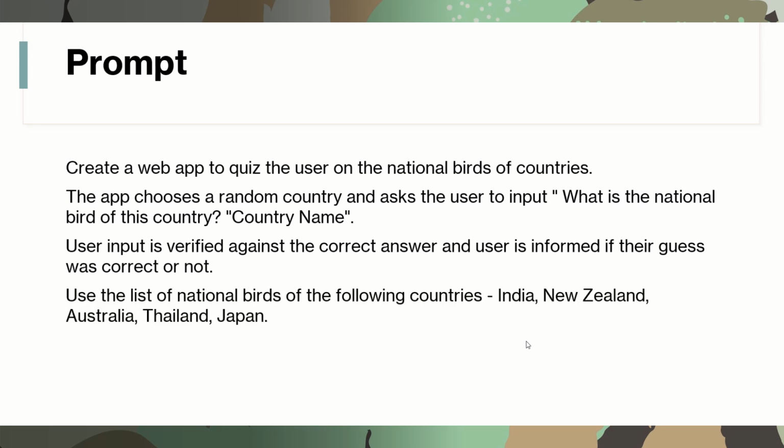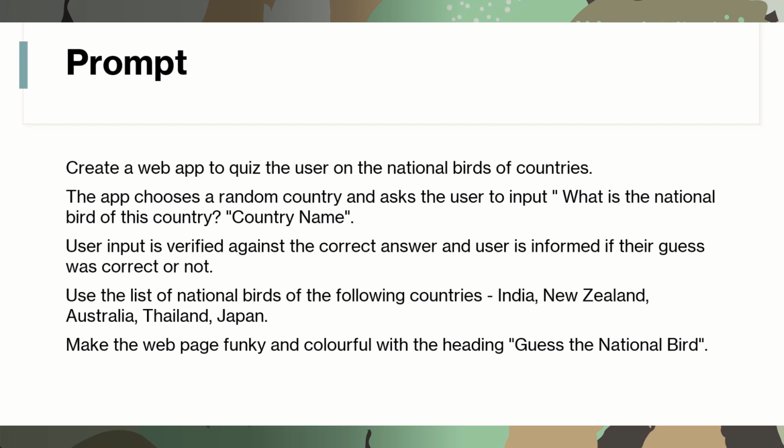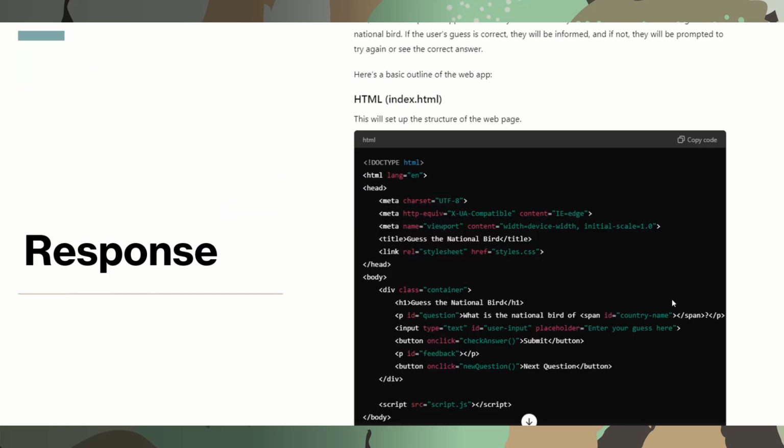And to get started, let's just use some random 5 countries. I do want the web page to be a bit funky and colorful, and the heading should be "Guess the National Bird." Okay. And I would like to have instructions to launch the app. So with that prompt,